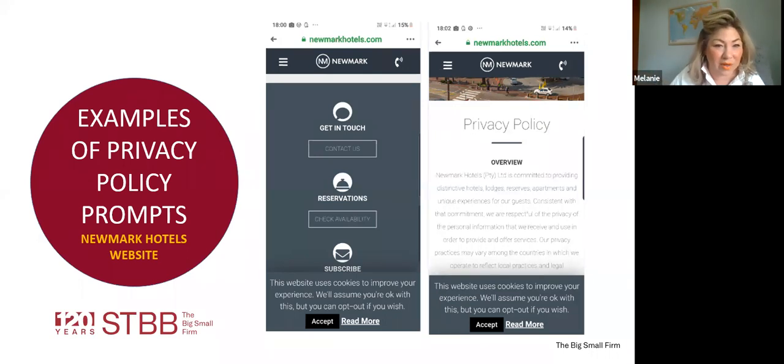And after you've read the 25 pages, which are all as short as the right screenshot, it's not long, it's short and sweet, but it does get to the point on what they do with your personal information that you have put into the reservations availability check. So this is the type of thing that I've been noticing and that I have taken note of for preparation of these POPI sessions, because this is the type of thing